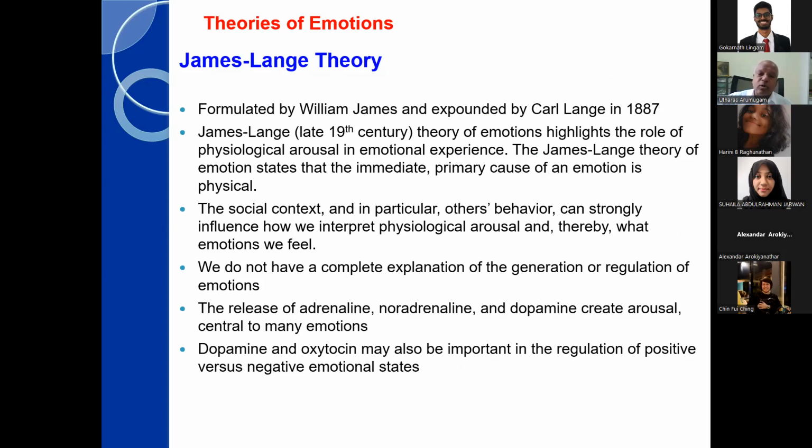Though they also talked about the social context and behavior of others, these early folks started to underline the importance of physiology, the release of adrenaline, noradrenaline, and dopamine, which create arousal in the central nervous system. These were the early people to talk in terms of how the autonomic nervous system played a role in